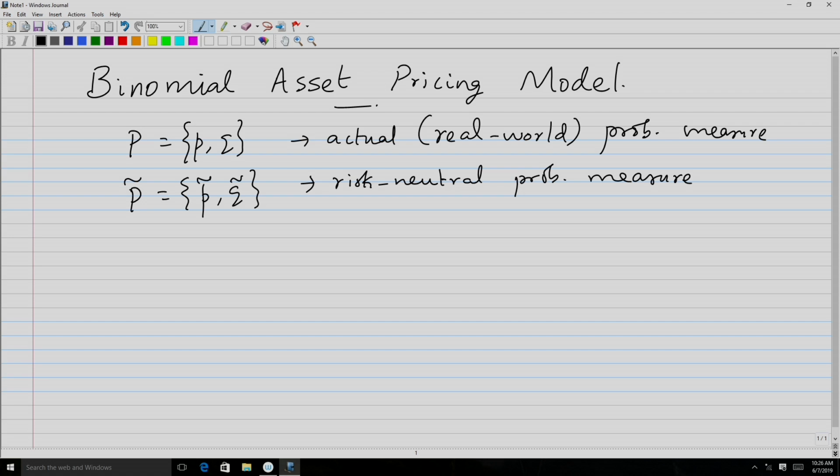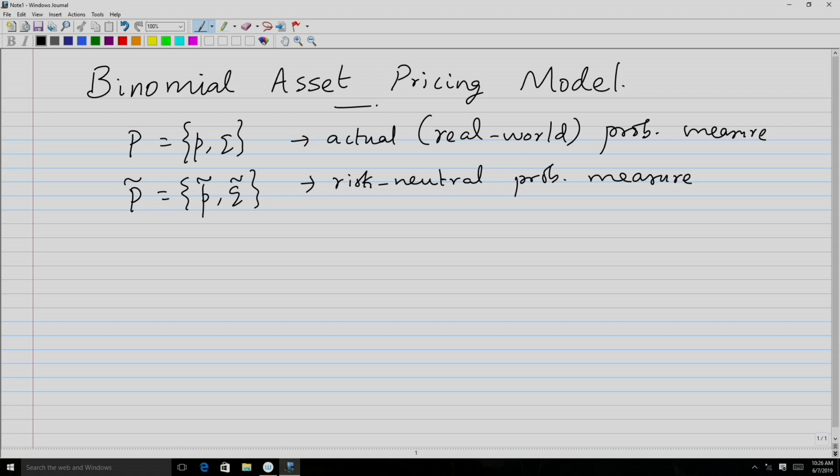Now, in general, in this binomial asset pricing model as well as in the continuous time Black-Scholes-Merton model, you will encounter these two probability measures. One is the actual measure, with which you use statistical techniques to estimate the parameters to fit the model. The other one is the usual construct in terms of p tilde and q tilde, for which we gave expressions in terms of the binomial asset pricing model parameters.